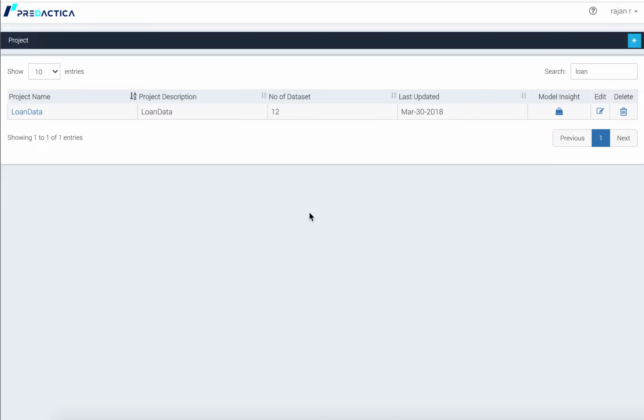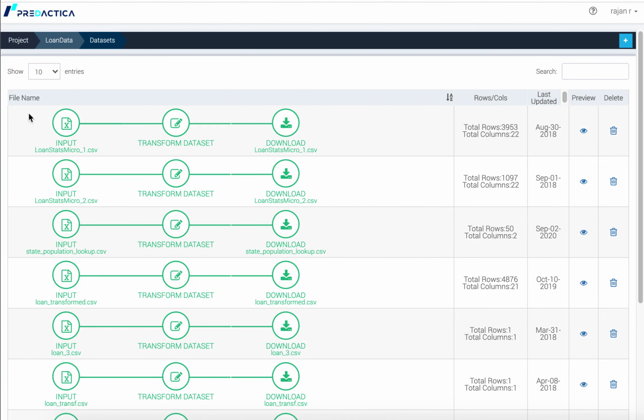In the previous tutorial, we talked about what a project is and how to create a new project. So in this tutorial, we're going to talk about how to add data sets to a particular project. So I have my loan data project here. I can click on it and it takes me to what are the data sets that are currently available